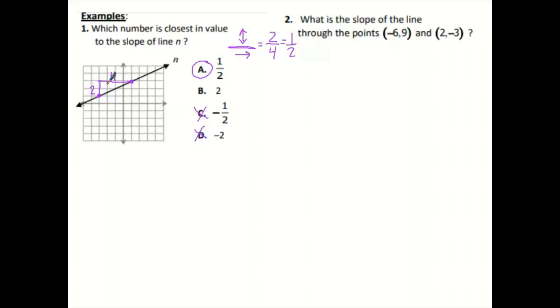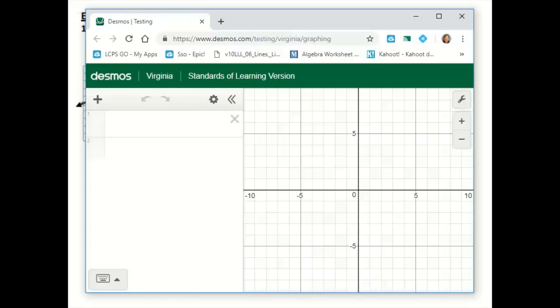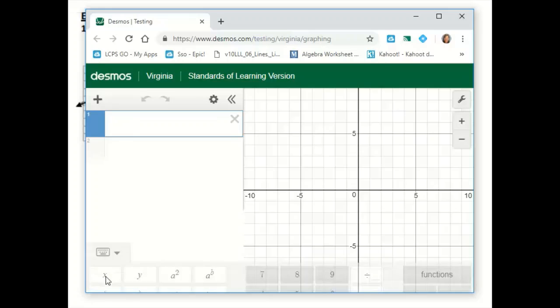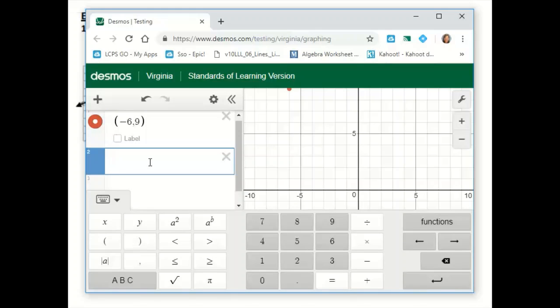Okay. If we look at number 2, it says, what is the slope of the line through the points -6, 9, and 2, -3? So here we can actually use our Desmos graph to go ahead and figure that out. So I'm going to put in both of those points into my Desmos graph here. So I'm going to put the point -6, 9, close those parentheses, and the point 2,